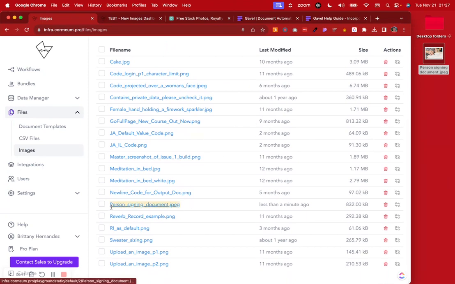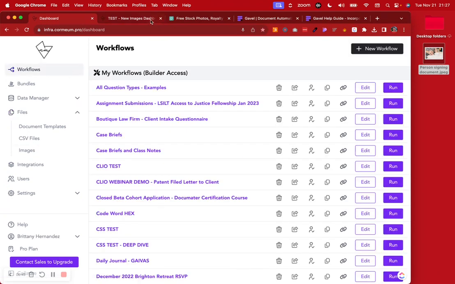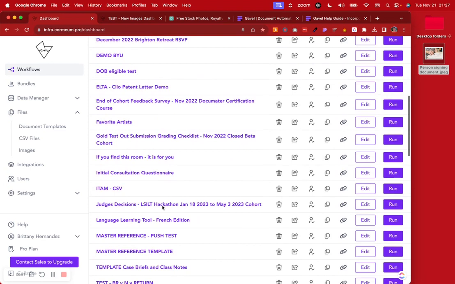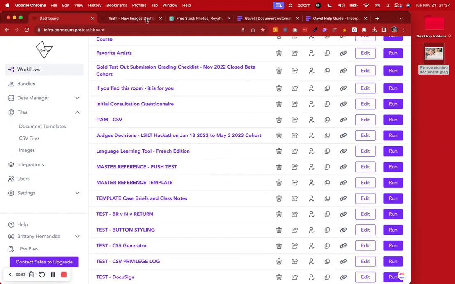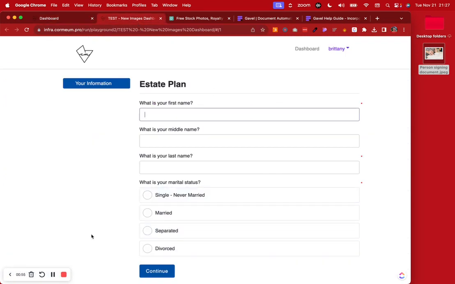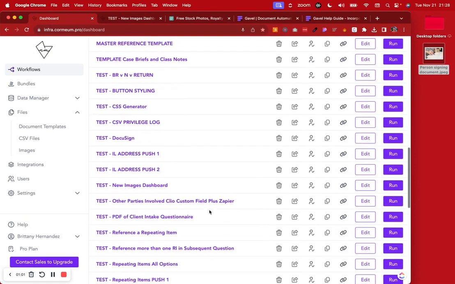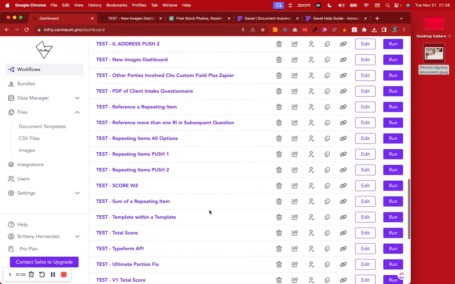So the way that we can add an image into our different workflows is we need to grab this name exactly as it appears, and go over into whichever workflow you want to add this to. In my case, I'm going to do one that looks like this, but this is really just called Test New Images Dashboard for this demonstration. So we'll look for ours here. We'll go into the editor,